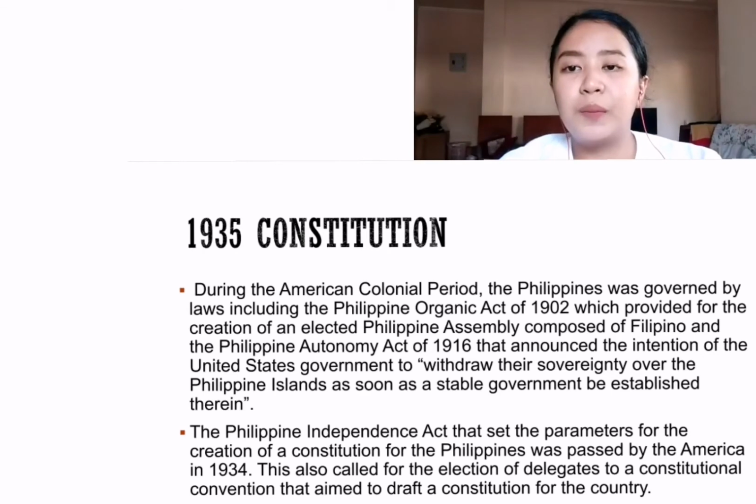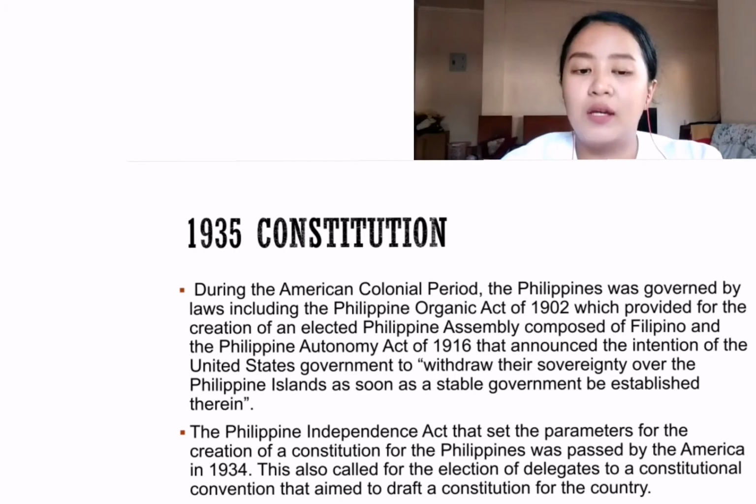Okay, next is the Philippine Independence Act that set the parameters for the creation of a constitution of the Philippines, and it was passed by the Americans in 1934. This also called for the elections of delegates to a constitutional convention that aims to draft a constitution for our country. And to explain more, the Philippine Independence Act, or the Tydings-McDuffie Act, was enacted on March 24, 1934 to be exact,